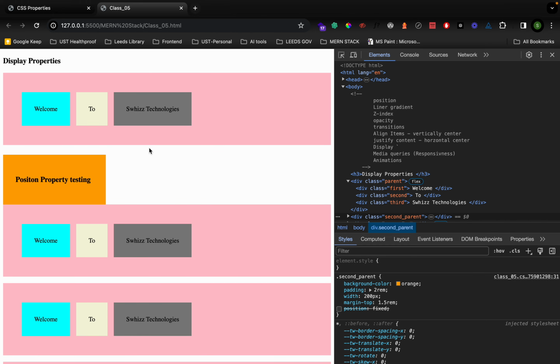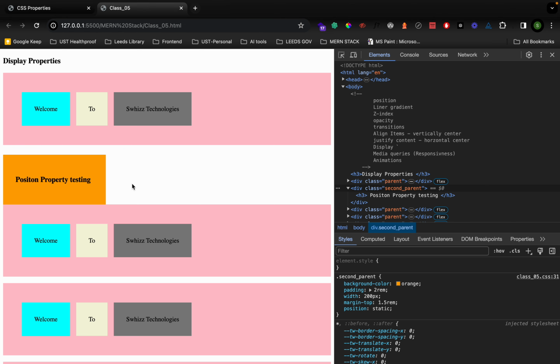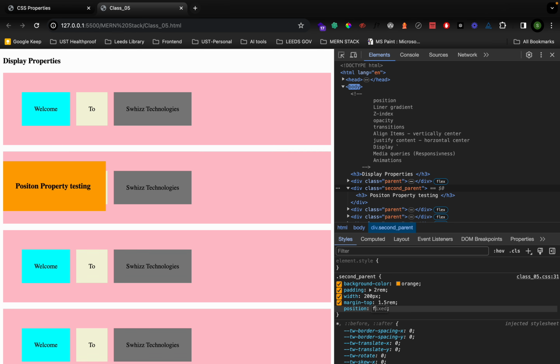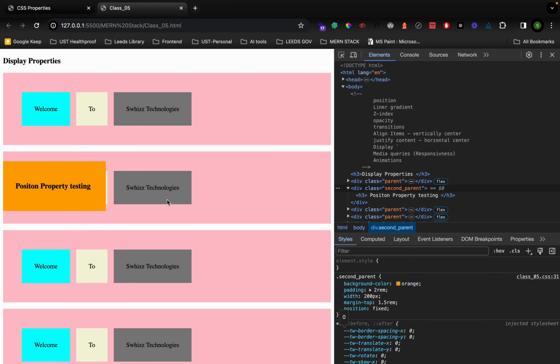As you can see, previously when I gave static, it's occupying the DOM space and everything here. But now if I give fixed, see, it's not occupying the space, and it's over the other div,